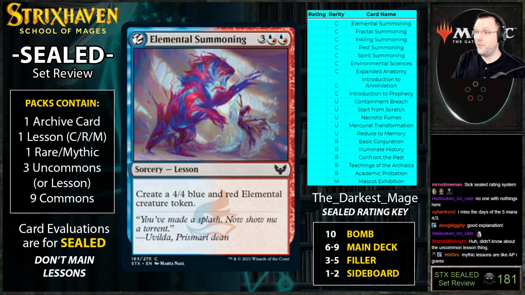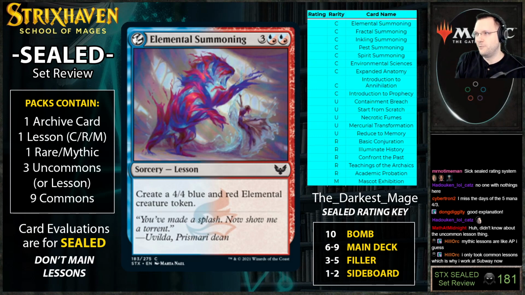So, in theory, it'll never happen. In theory, you could open 24 rares or mythics in your 6-pack seal tag. It's not going to happen, but it's theoretically possible, not actually possible. What is actually going to happen is you're probably going to open between 7 and 9